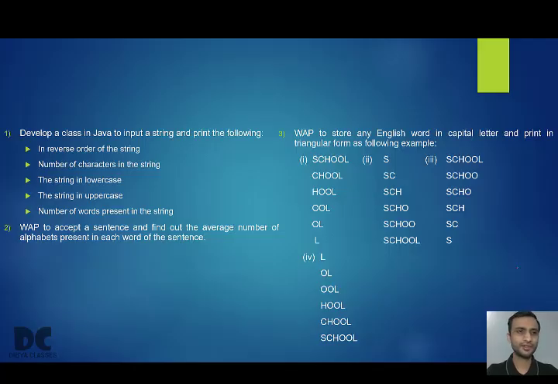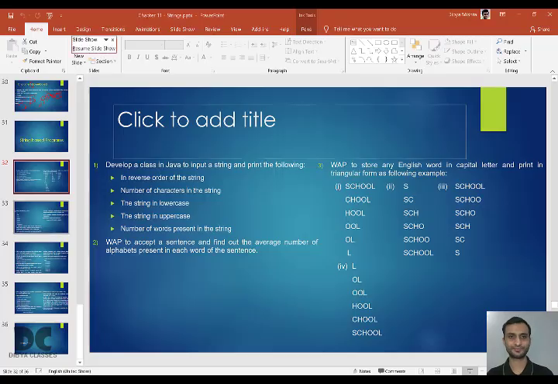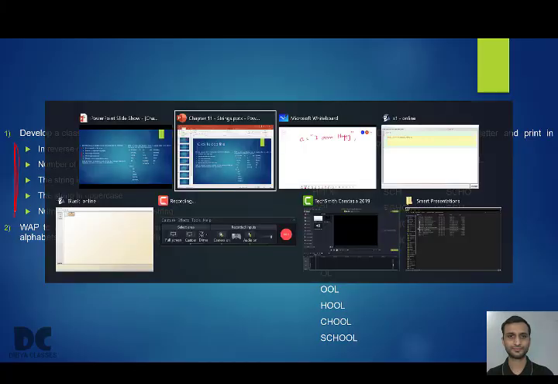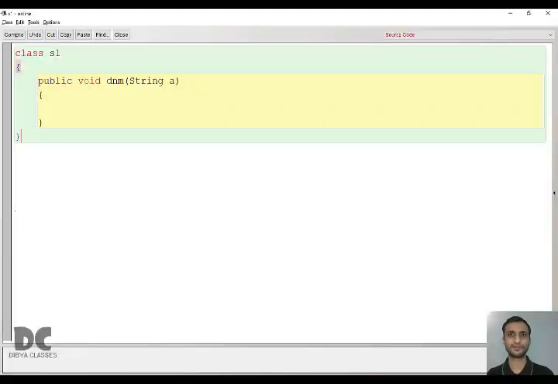Now for this string, we have to do all these 5 things. You have to reverse, you have to find the number of characters, the string in lowercase, the string in uppercase, and the number of words present in the string. So the easiest one is to find the number of characters.